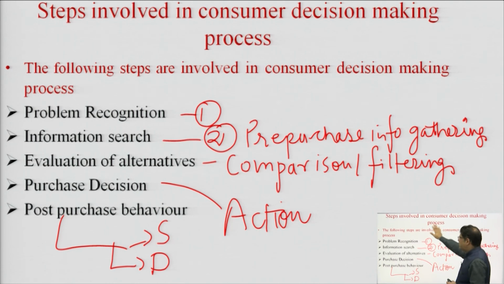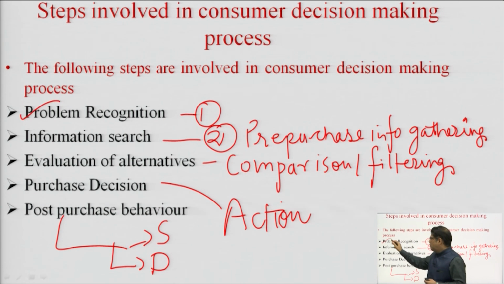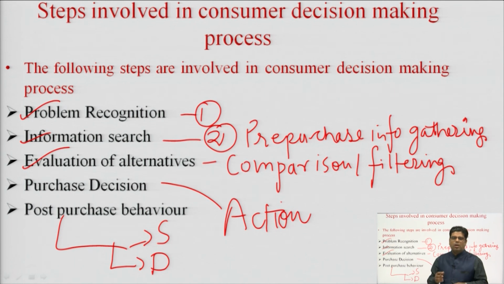Now, before I end the lecture, I would just once like to recall the various steps which are involved in the consumer decision making process. The first step was problem recognition, in which a need was felt to purchase a particular product, which was followed by information search, in which the consumer consulted various sources to gather information. That information was evaluated on the basis of various criteria, in order to filter out and then retain only the brands which the consumer feels most suitable.